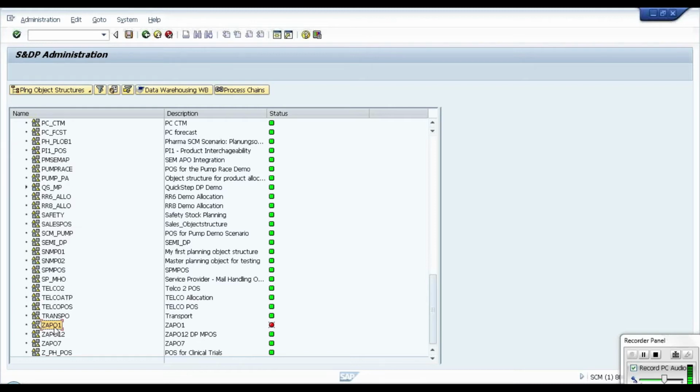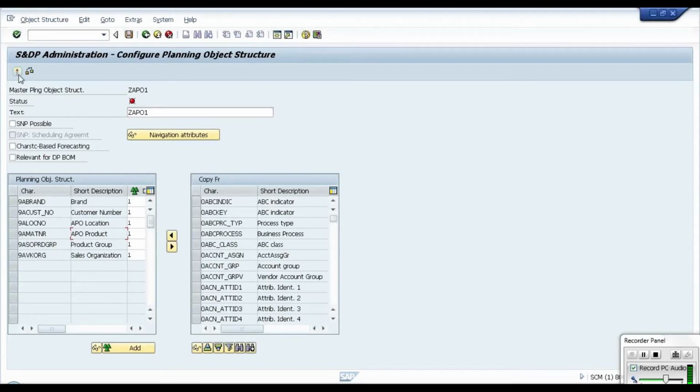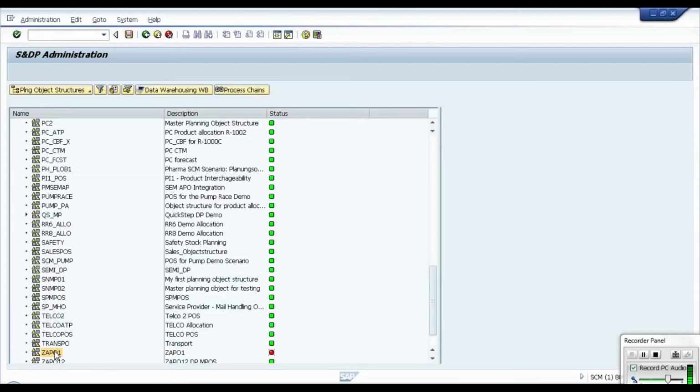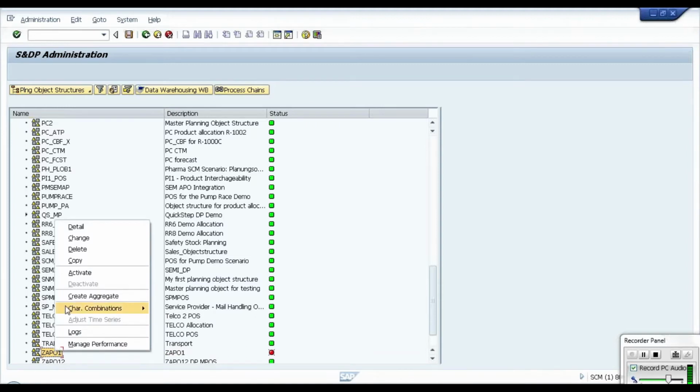How can we do the activation? Directly you can go to the MPath and choose this button for activate. That is one option. The other option is to right click on your MPath and go to activate. Once you have activated this MPath, the system will automatically create an info cube in the background to reference this MPath.